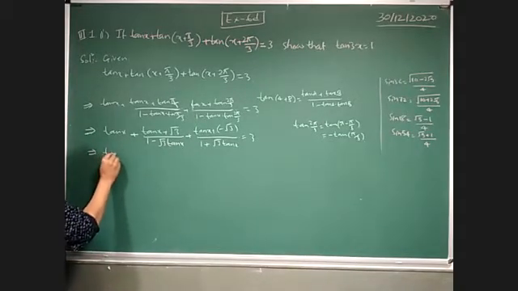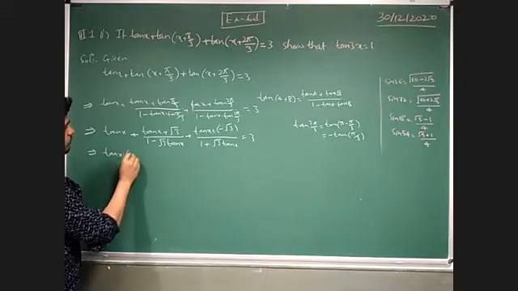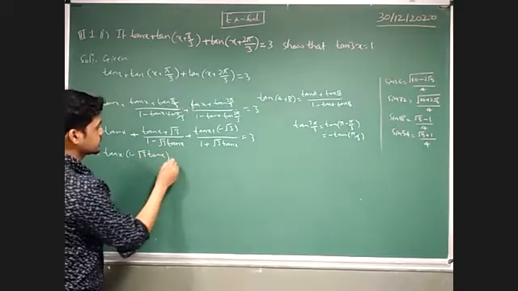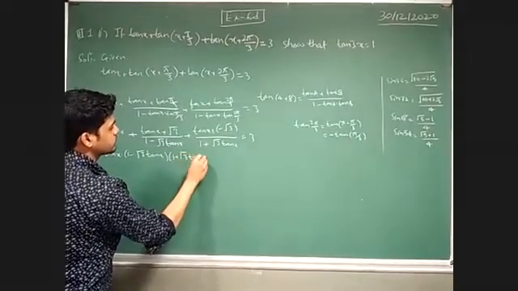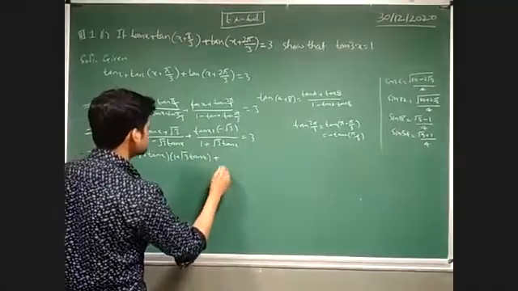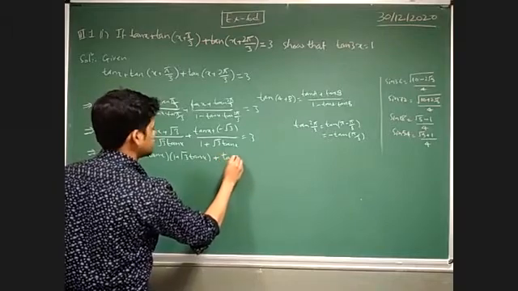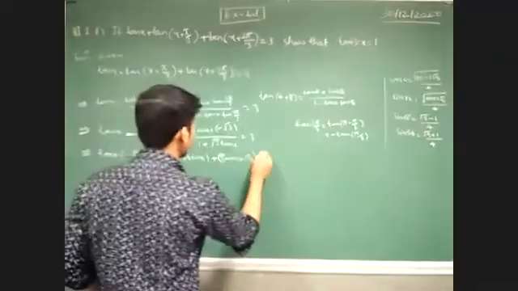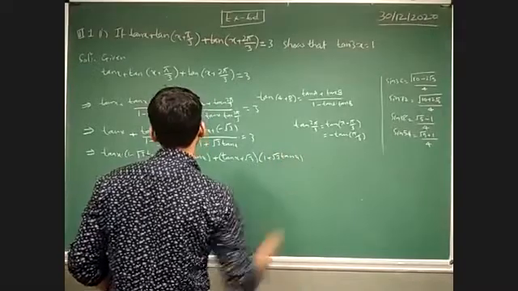Okay, so here tan x into (1 minus root 3 tan x)(1 plus root 3 tan x), then plus (tan x plus root 3) into (1 plus root 3 tan x),